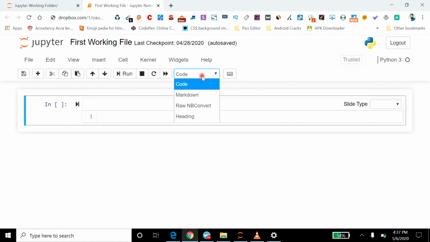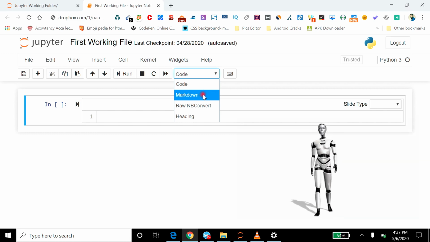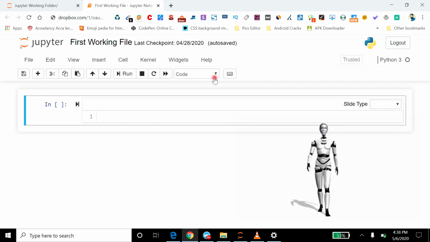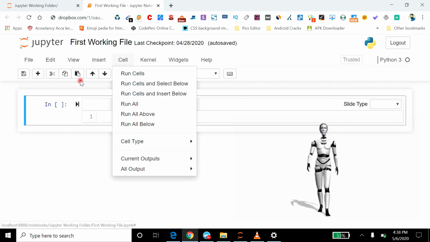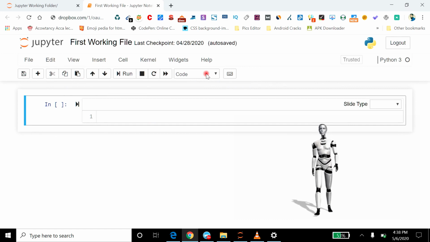In this video, we will have a detailed discussion of this markdown option in Jupyter Notebook, as I skipped it from our previous video because I wanted to discuss it in detail. Also, if you have not watched my previous video yet, in which I covered all these options of the menu bar and these toolbar options, I recommend you to please watch that video too.